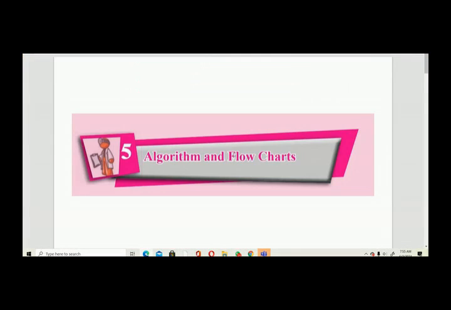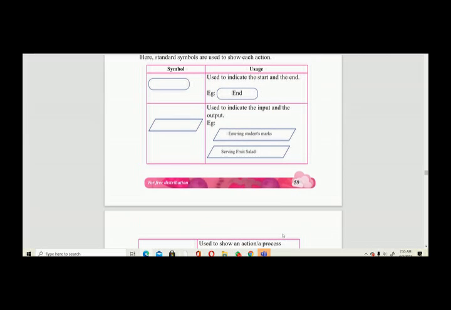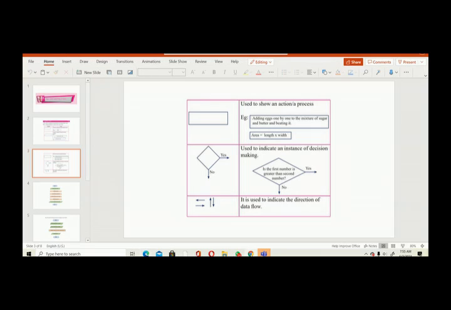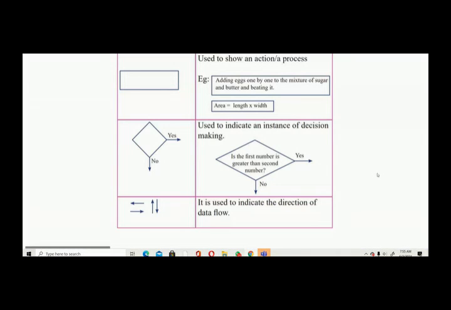In your pupils book, that is your page number 60. Page number 60, 59 and 60. Okay, the same thing in page number 59 and 60. Okay, so if you want to show the action or a process or your calculation, so you have to use